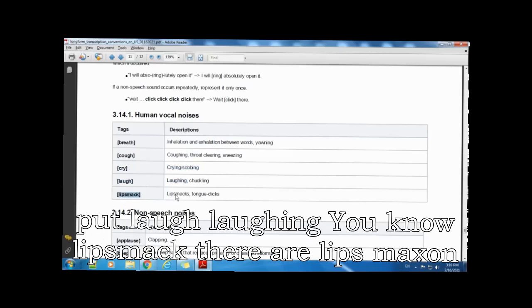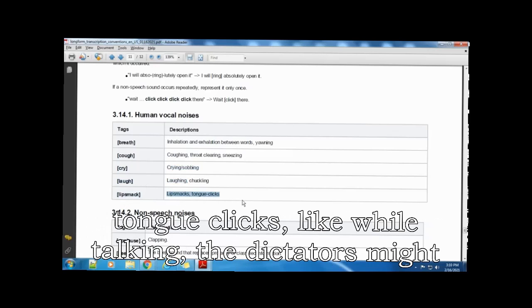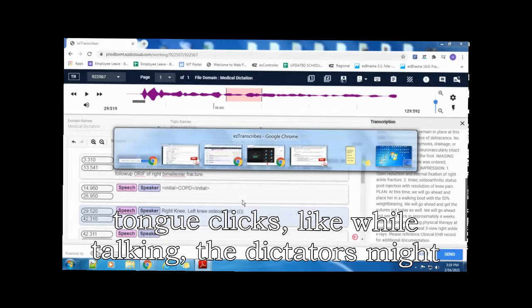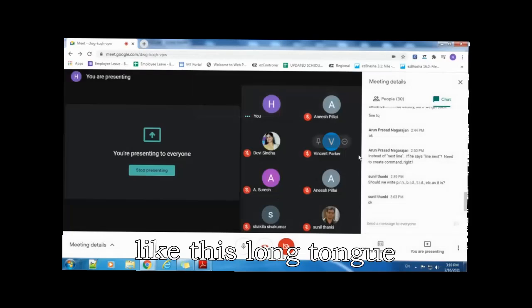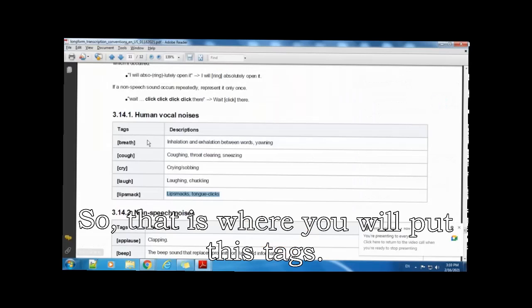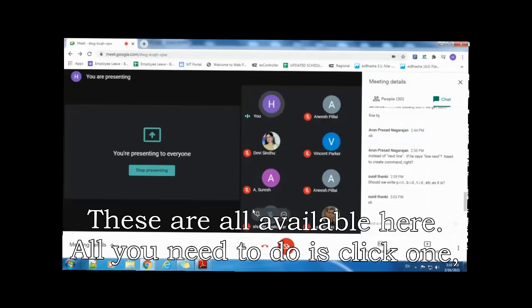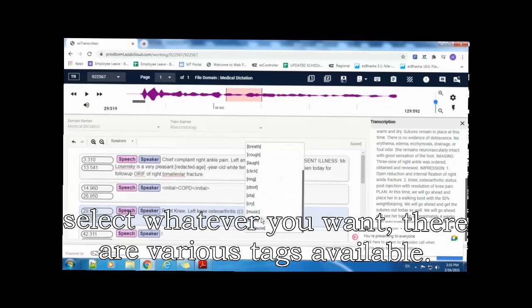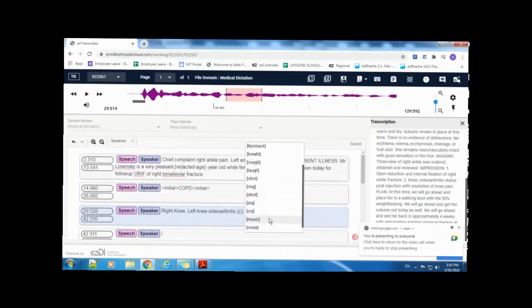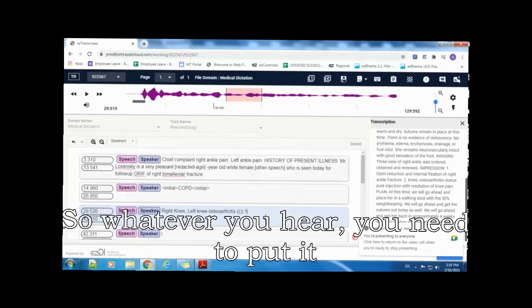Lip smack: there are lip smacks and tongue clicks, like while talking the dictators might have a habit of using a tongue or lip smack. That is where you put these tags. These are all available here. All you need to do is click one and select whatever you want. There are various tags available, so whatever you hear, you need to put it.